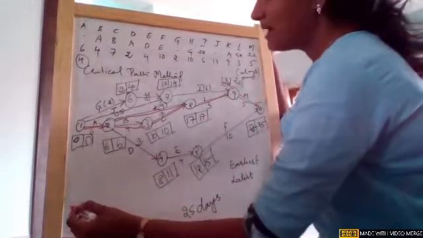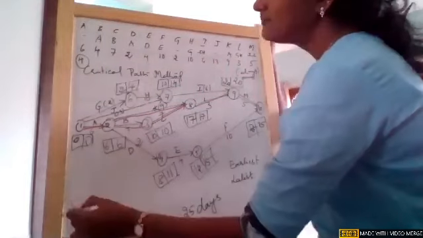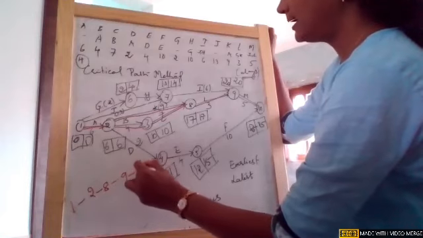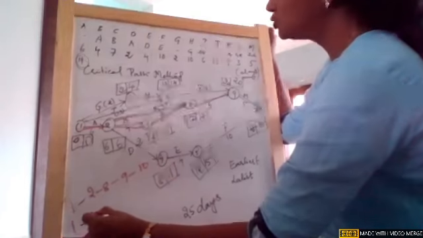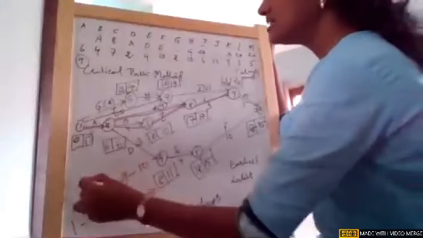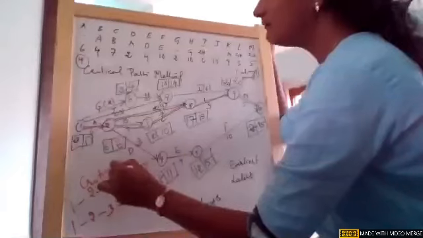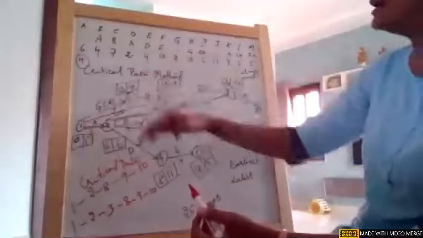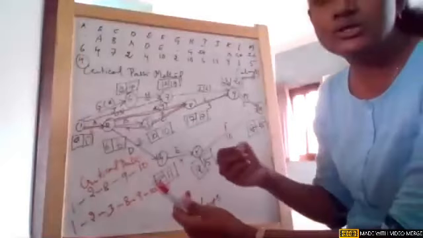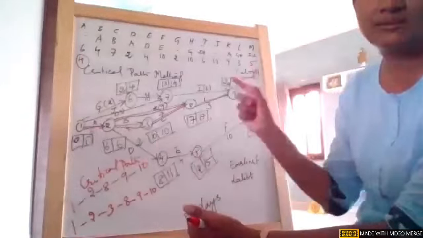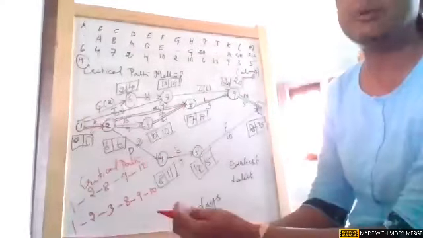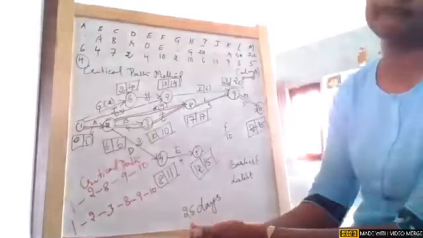So now if you see my critical path, I have 2 critical paths: 1 to 2 to 8 to 9 and 10, and one path 1 to 2 to 3 to 8, 9 and 10. So this is the critical path. If they follow this path, these are all unavoidable activities. So in order to reduce cost, only if they follow the critical path, duration as well as the activities, the project will be completed very, very fast in 25 days time.